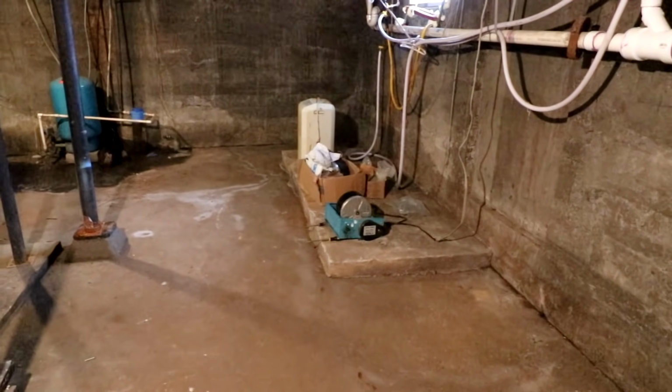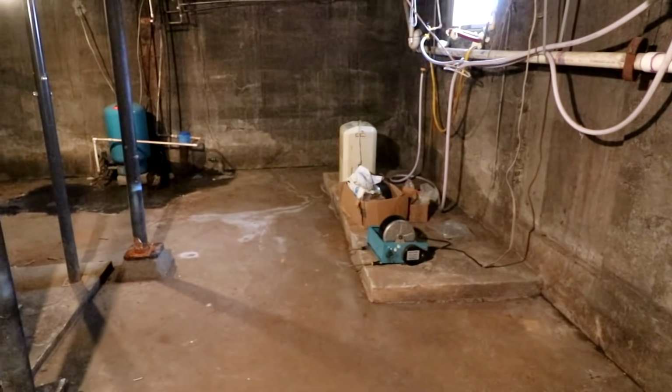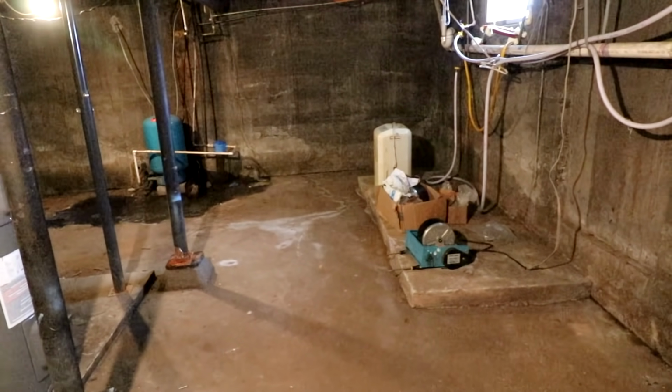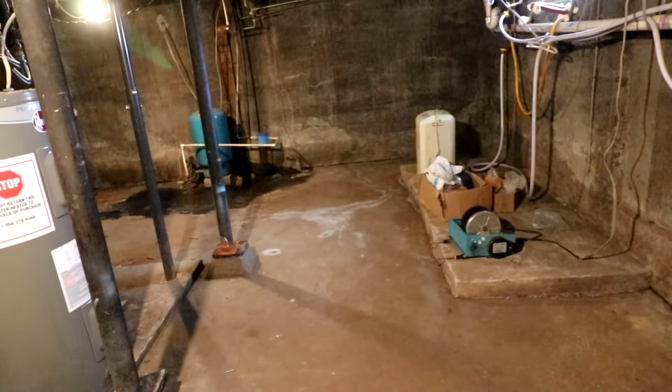I don't think that I would have that problem with this one since it is a poured foundation, but if I do want to drain tile down here, it's something I definitely want to check. What I do think I'm going to do here in the future, though, is instead of just relying on this one sump-like hole that they have here,